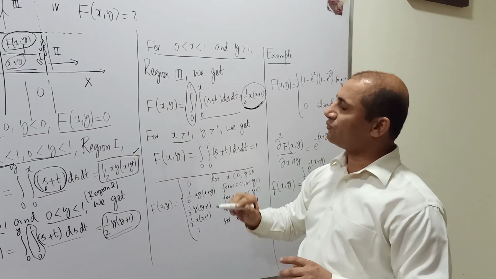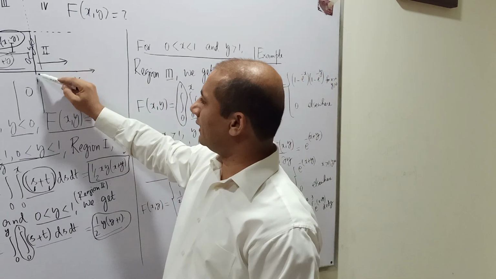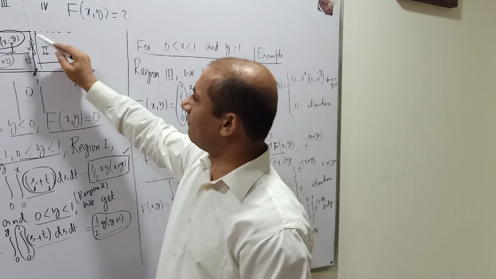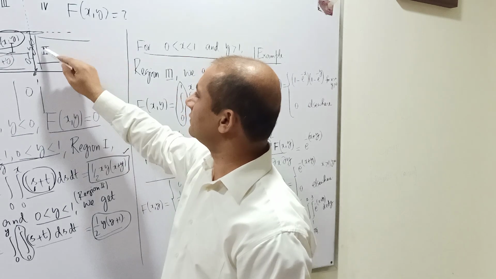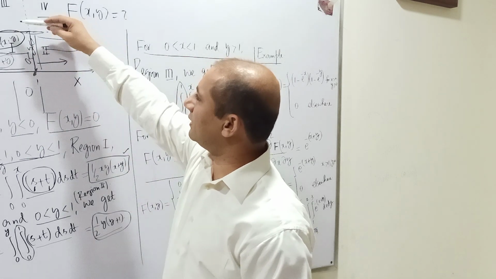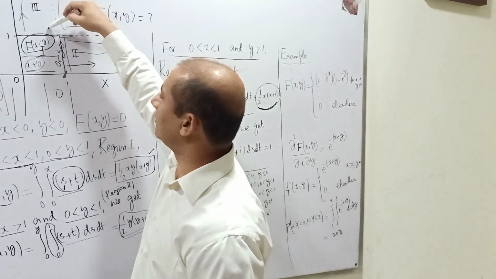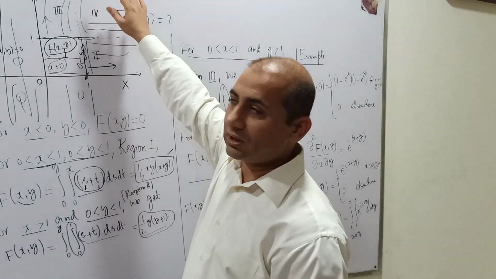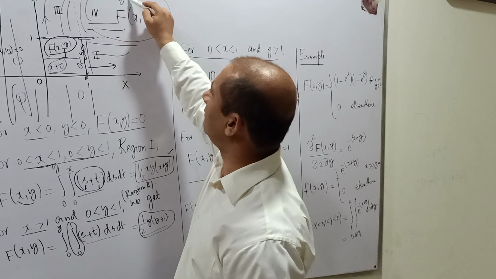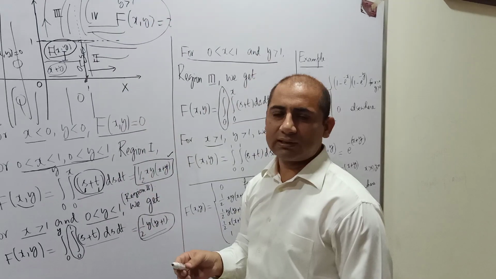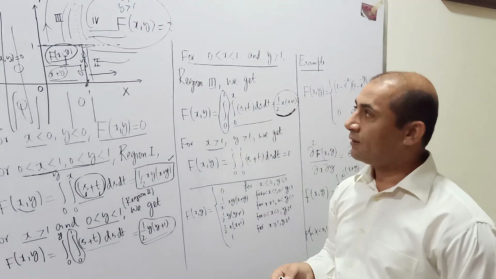And then when x is 1, x is 1 over here, and y is 1 over here. When x is greater than 1, I am here. When x is greater than 1, that means we are there. So when y is greater than 1, we are there. So that means in this region we have x is greater than 1 and y is greater than 1. So that means I am talking about the fourth region.